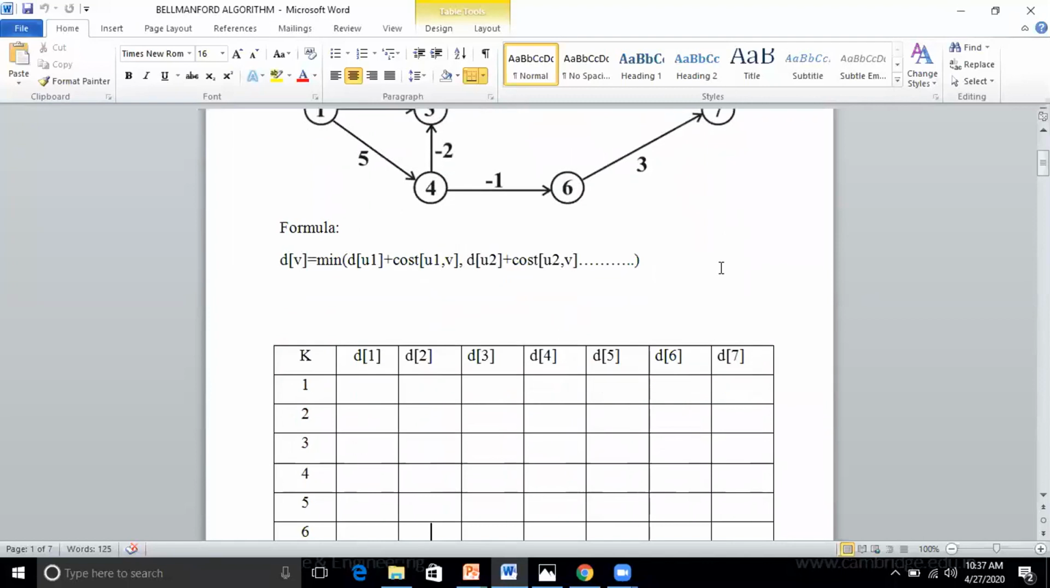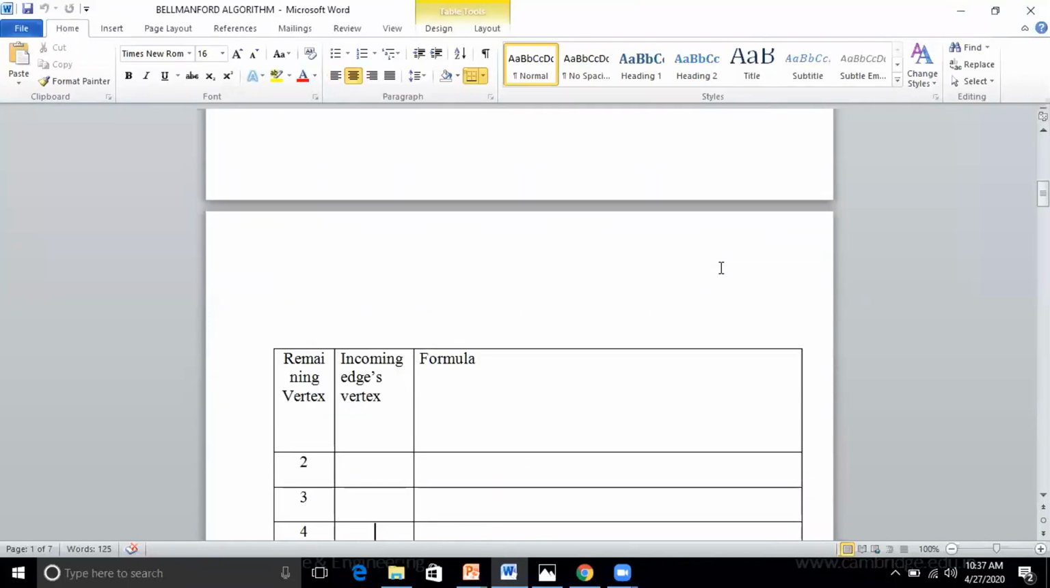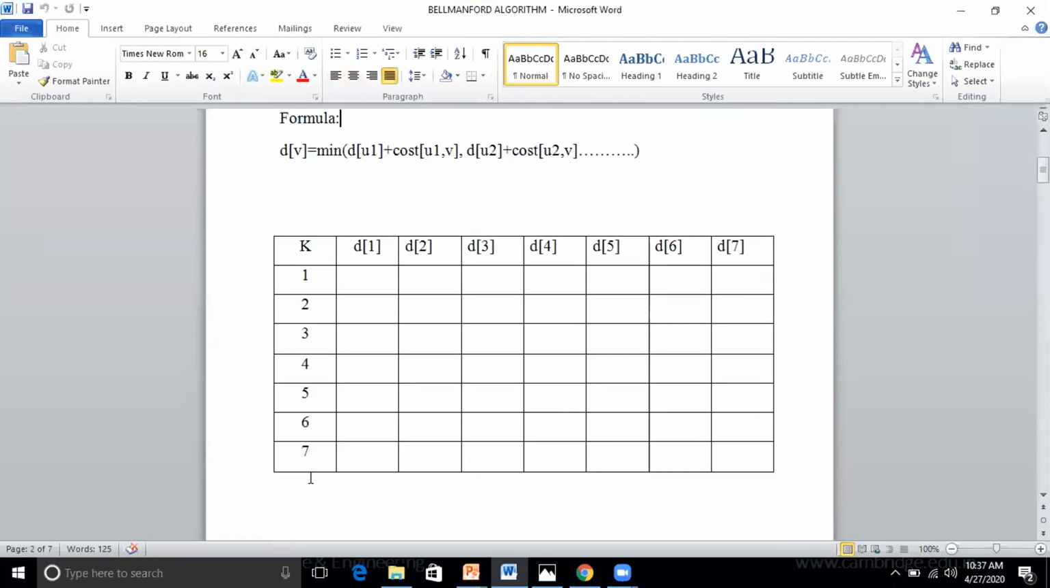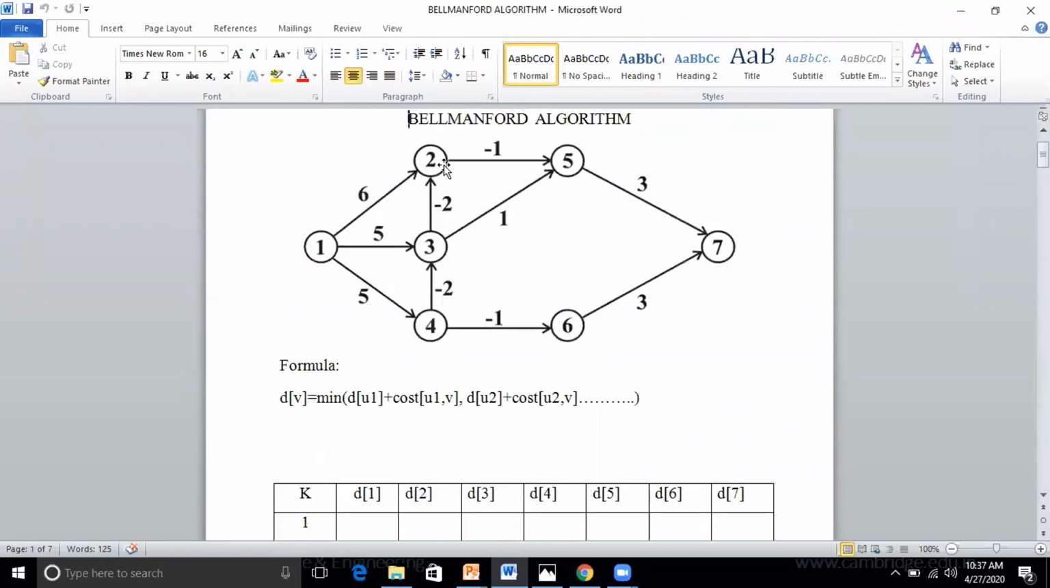Correct? Yes, sir. Now, first you should maintain this table. The remaining vertices are 2, 3, 4, 5, 6, 7. Is it clear still here? No, sir. For the vertex 2, which are the incoming edge vertices? Is it 1 as well as 3? Yes, sir. So now, can I write the formula for d of 2 as equal to min of